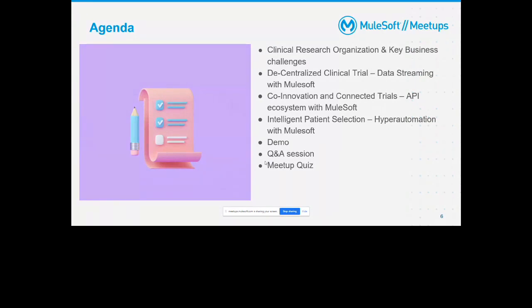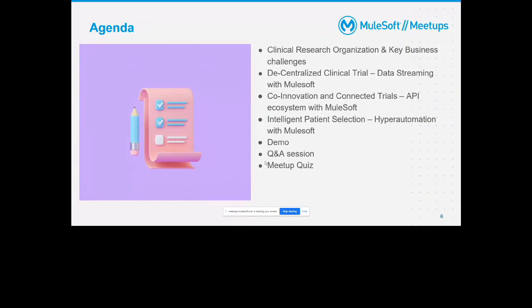If anyone already works in a clinical research organization and has that background, please feel free to add on, because I am also new to this. One of my customers is a clinical research organization, and for them we are implementing a MuleSoft platform. Based on that experience, I have prepared this presentation.